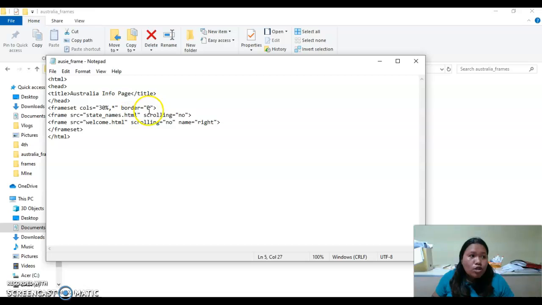Then I put border equals 0, so therefore no border at all. So I do frame. In my frame on the left, for the source I call state underscore names.html, scrolling no. And then frame src welcome.html, scrolling no, name right for me to identify. Okay, that's it.